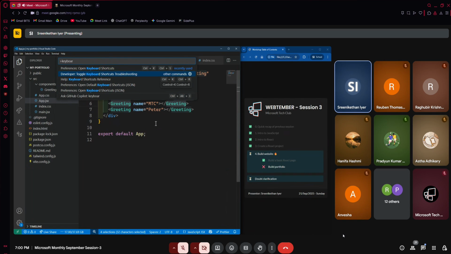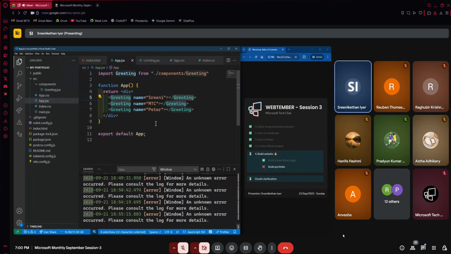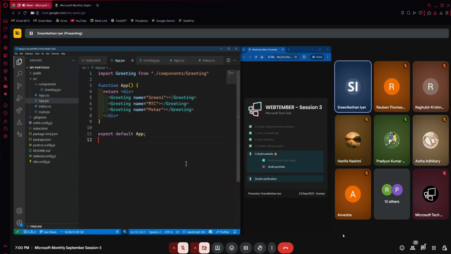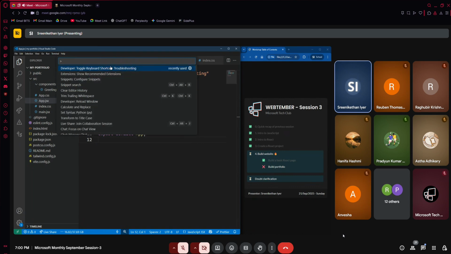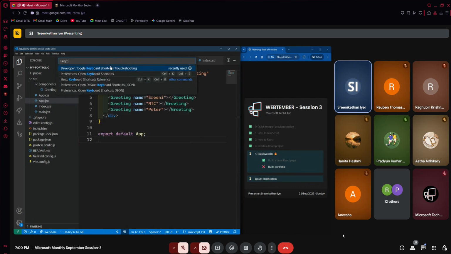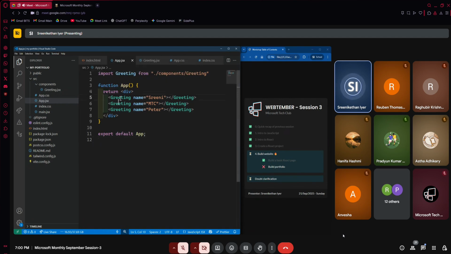One second. There is an option, but never mind. So basically, let's say I select the word greeting and I press Control D,